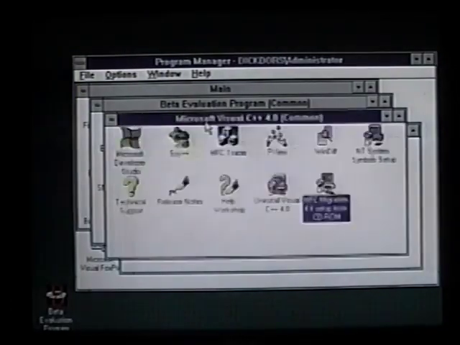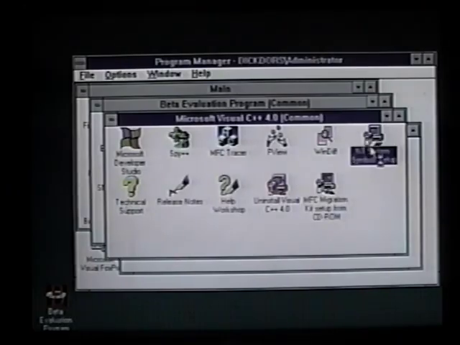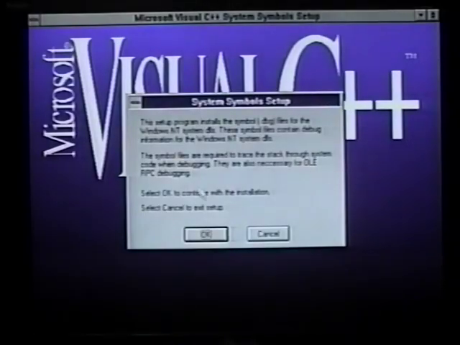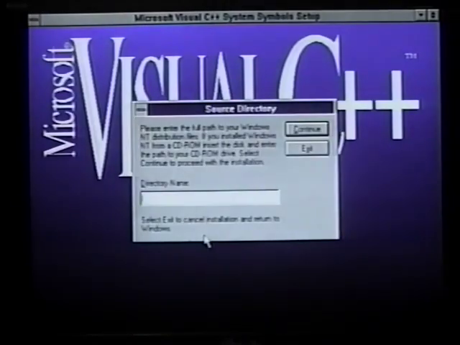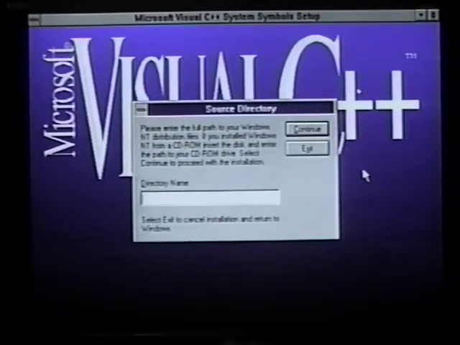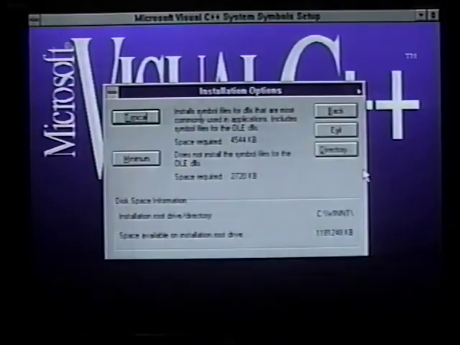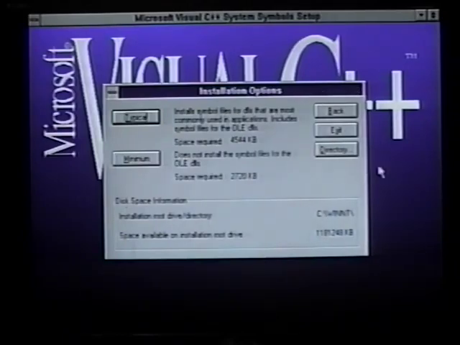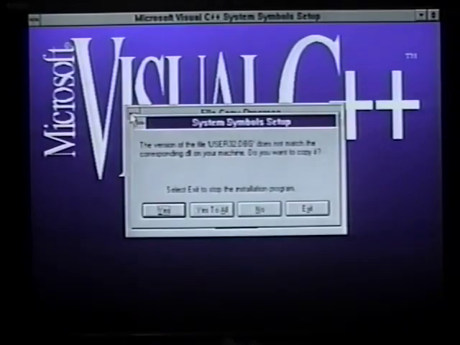That's good. This setup installs the debug. Let's see. Give me like 2 seconds. The version